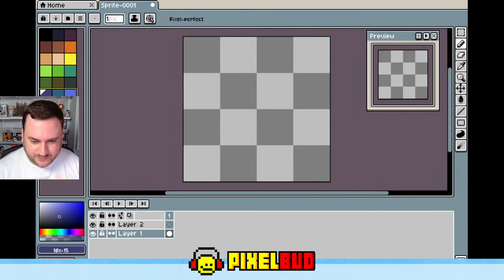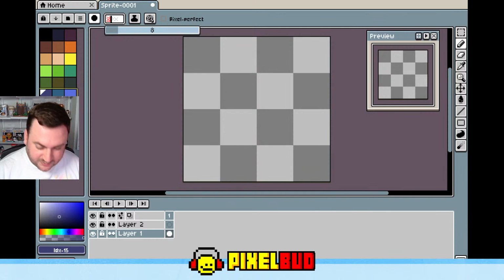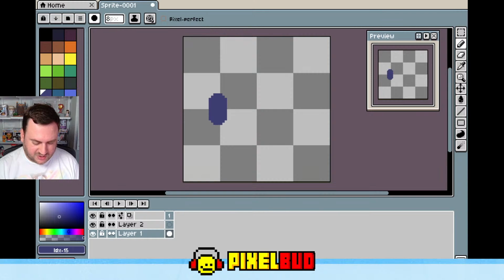All right, so just looking at that reference picture, it looks like to me there are different shapes that we have going on here, so I'm just going to rough it out. So go switch to pencil. I'm just going to rough it out here. Actually, let's make the pencil a little bit more chunky. Yeah, 8 looks good to me. All right, so just rough out the general shape of the building that was there before,